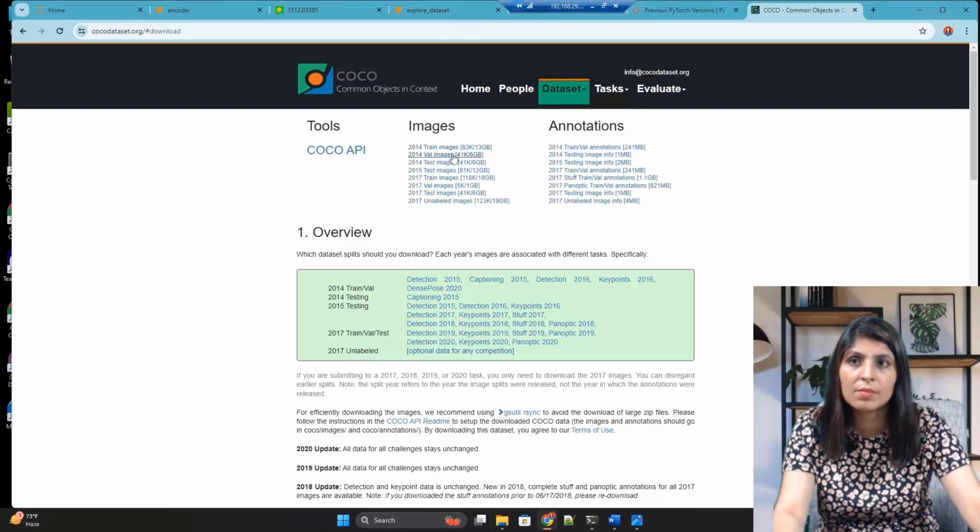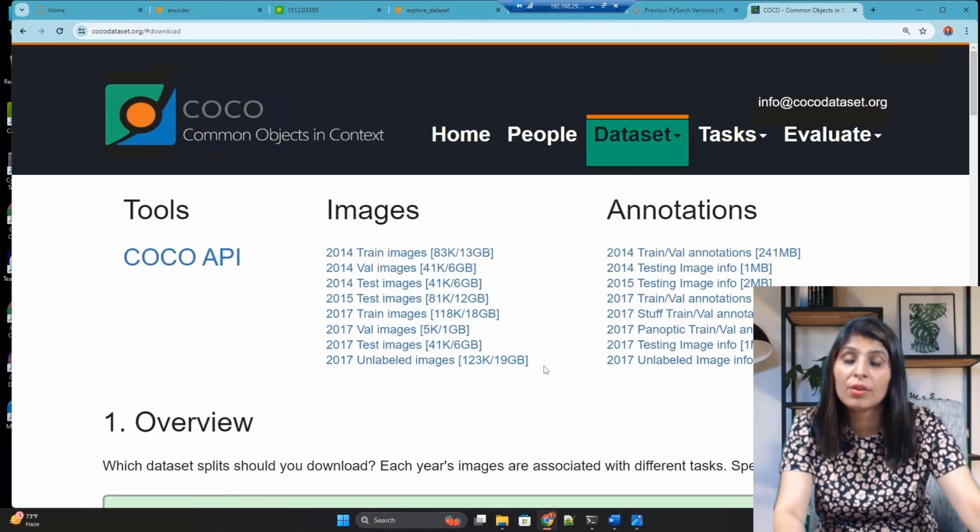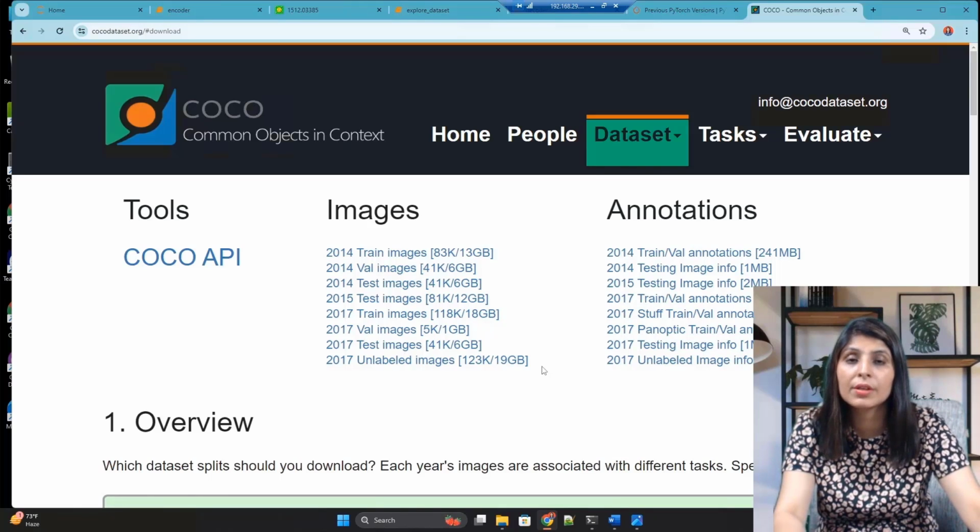Here you can see the images, and here you can see the annotations. You can see the 2017 train images, the size is 18 GB, and the 2017 validation images, and this is the size. I have downloaded these, and from this side I have downloaded the annotations. Let me show you how to organize the dataset once you download it, where to place it, and what the directory structure should be.